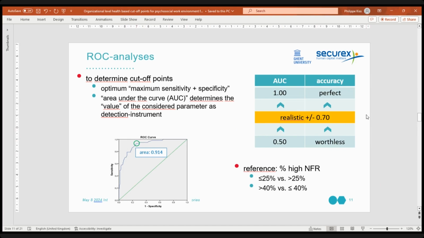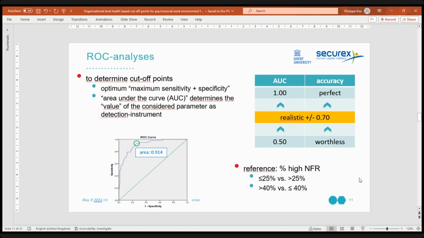In medicine and in psychology, nothing is 100%, so perfectness will never be reached. And it is also always multifactorial. A more realistic approach to accuracy is that we use 0.70. However, 0.70 applies when we are talking about individuals. Now we are talking about organizations, a conglomerate of many individuals. And we used two